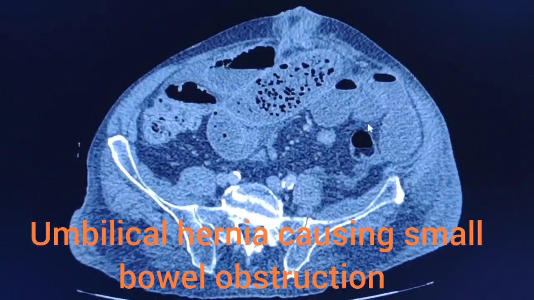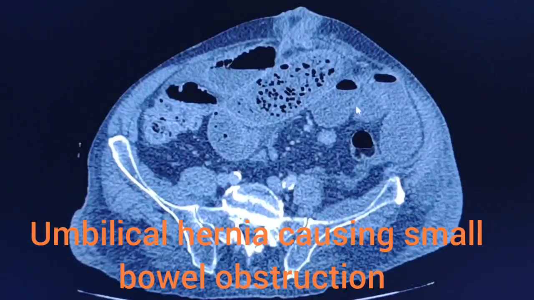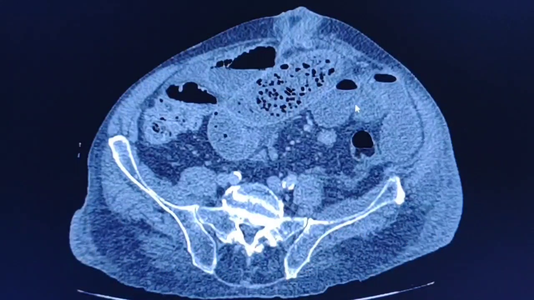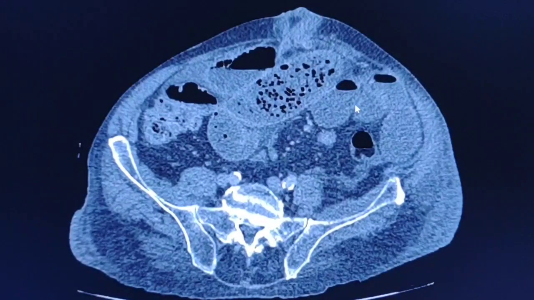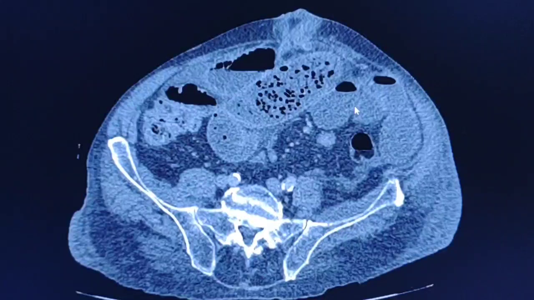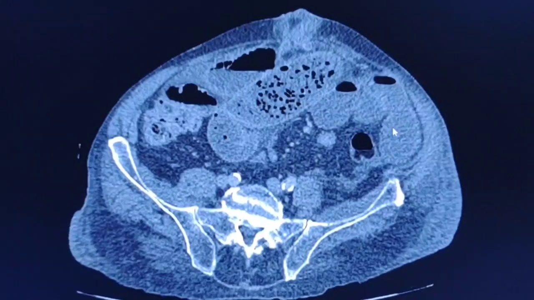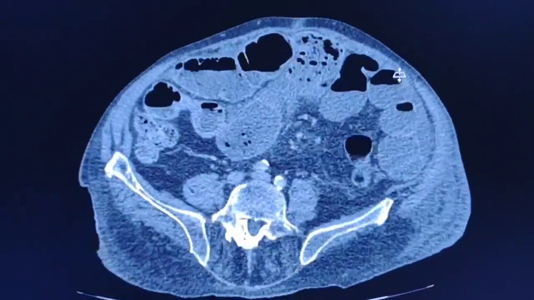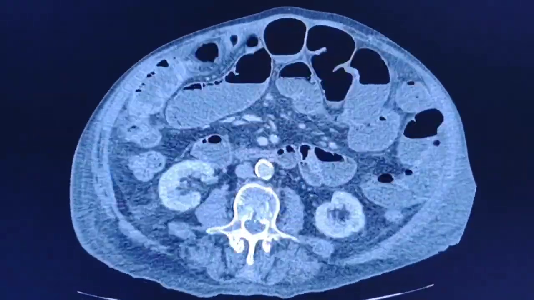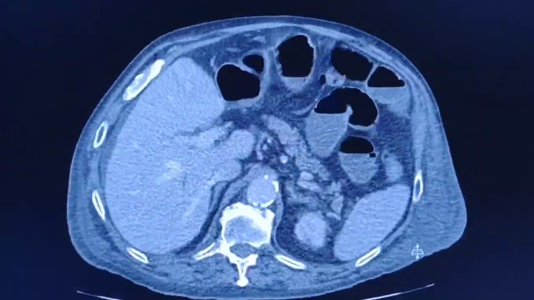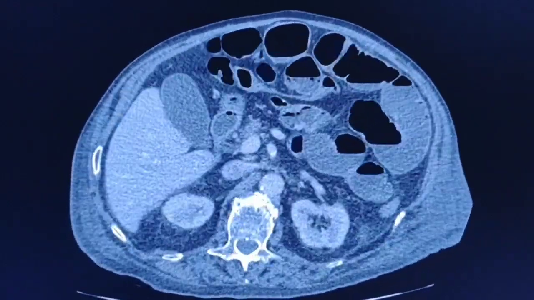This is a 79-year-old male patient who presented with abdominal pain and distension and significant constipation. The clinical query was bowel obstruction and CT scan was done. Let's see the images. As you can see, there is significant dilatation of the small bowel